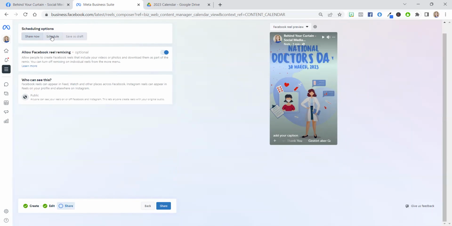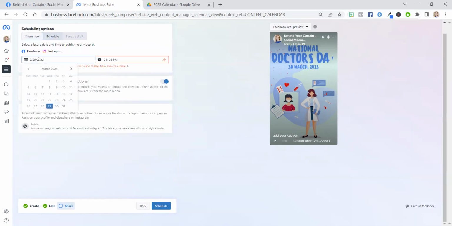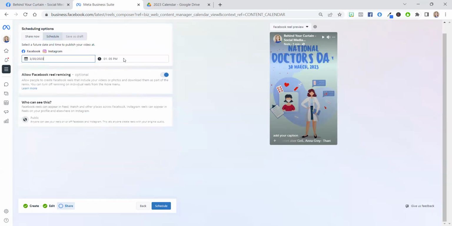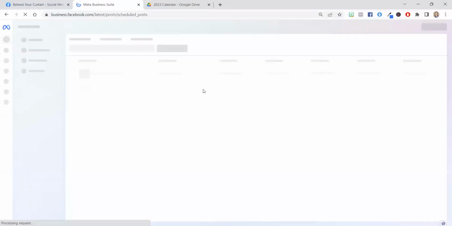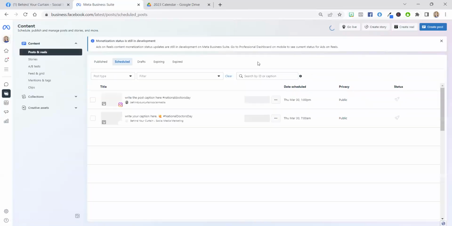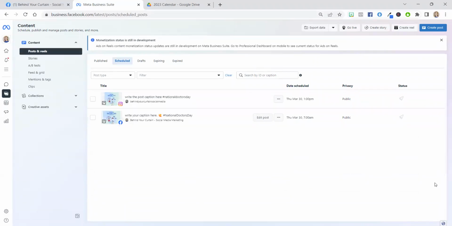And again, we're going to schedule up here at the top, and we're going to put this for tomorrow. Now, this doesn't give you the suggested time, but I'll go ahead and put this a couple hours after the one that's going on Instagram. So we'll put this at 3:05 p.m. and then we'll go ahead and hit schedule. So now we've scheduled the Facebook post for Doctor's Day. We've scheduled the Instagram post for Doctor's Day, and we've also scheduled the